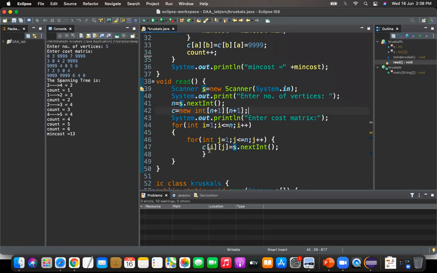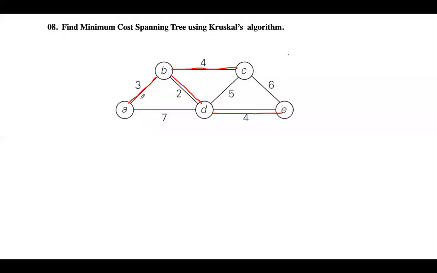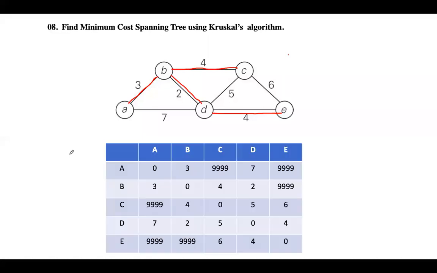Okay, C of 0, 0, it's not 0, 0, C of 1, 1. From there, we are going to insert the elements into the matrix C. See, we have not used first row and first column values to store the elements. Okay, we are doing it from 1, 1. The only purpose for this is better readability, we have done that. So that is the program. Solve Kruskal function, I will explain.